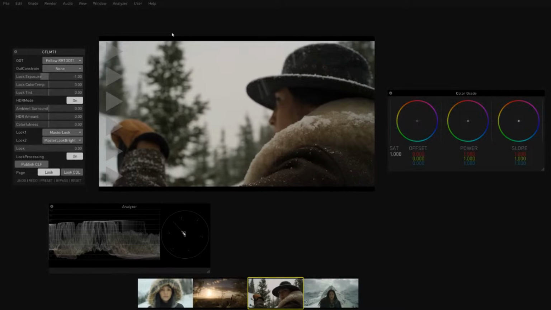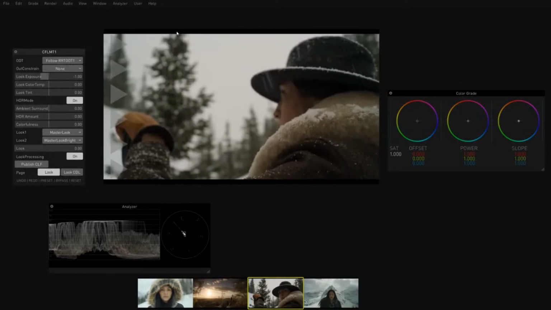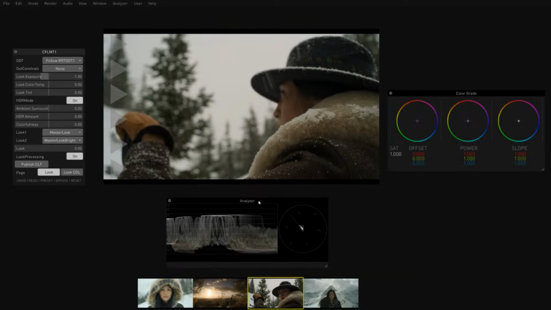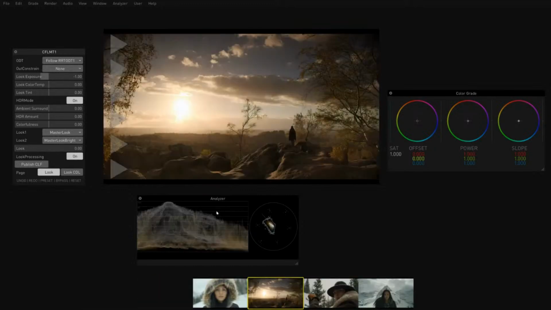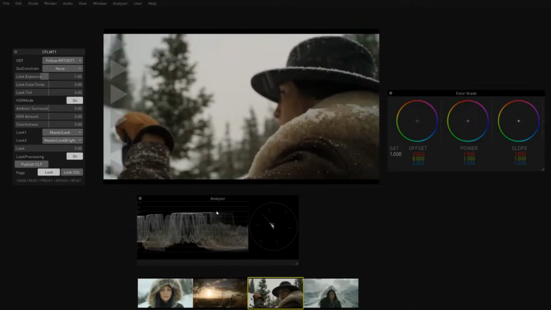But what you're looking at is your viewer. So this is the viewing file and what you're seeing, and this is inside my Frame.io project. I'm reading it directly. I'm not doing anything other than just accessing the media. You've got your color grade wheels on the right-hand side, and then you've got your analyzer tool, which is a scope, so you can actually see what you're doing and what the image looks like. And then across the bottom, you've got your timeline setup of the shots that I have loaded.